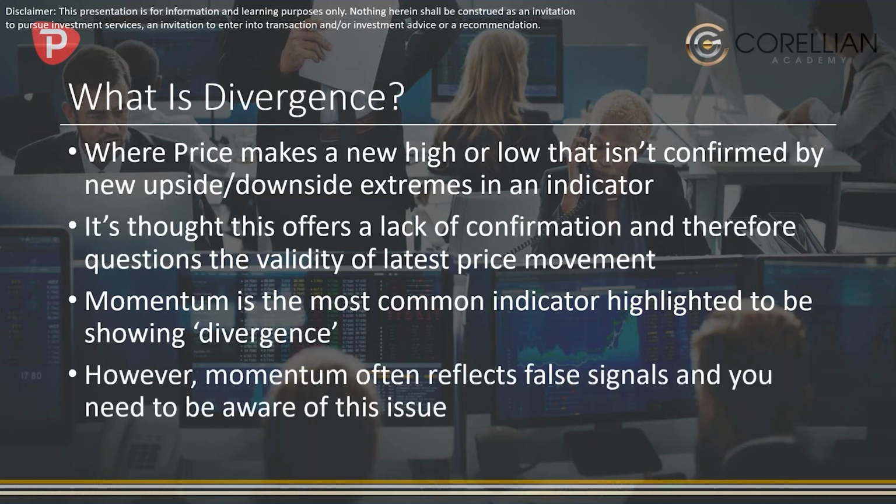So RSIs, stochastics, slow or fast, whichever ones you're using, are momentum-based indicators, and they will often be quoted as highlighting divergence. But because of the nature of the calculation of momentum, it can often reflect false signals, and you need to be aware of this issue and how we can actually filter this type of signal within the momentum-based indicator to try and